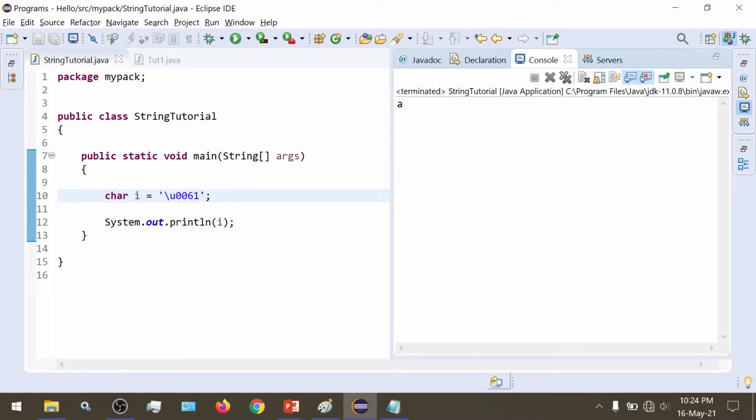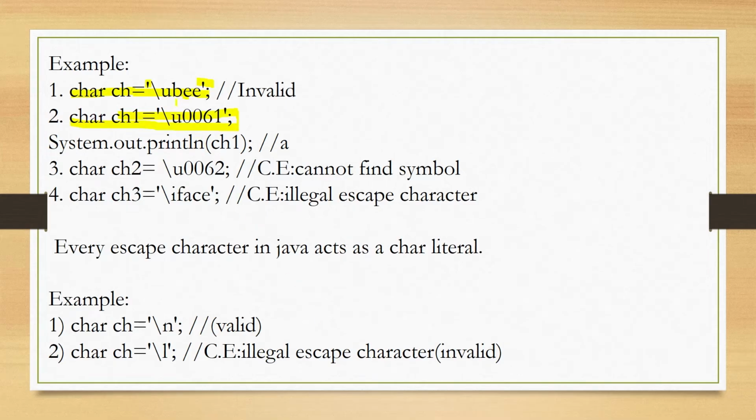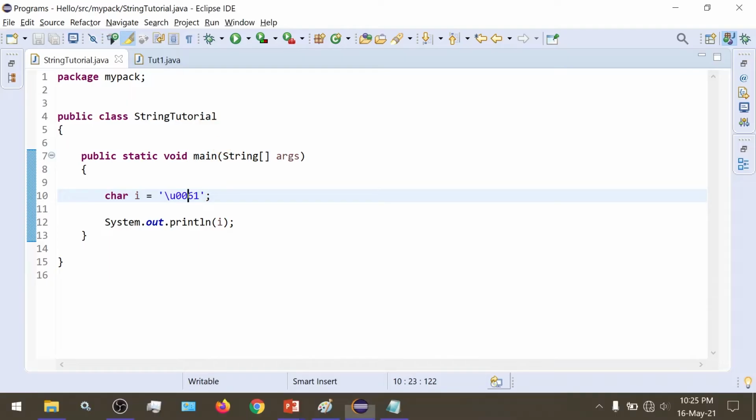So the Unicode value for lowercase a is 0061. In the previous example, if we give character literals, we get an error, and if we give proper numeric Unicode values, then we get proper output.